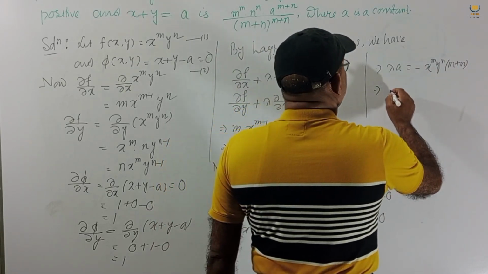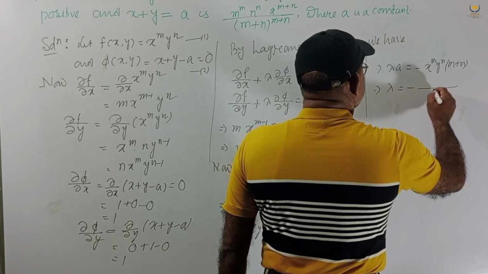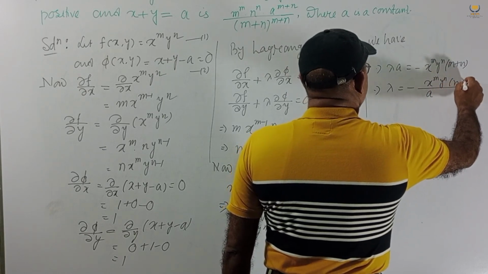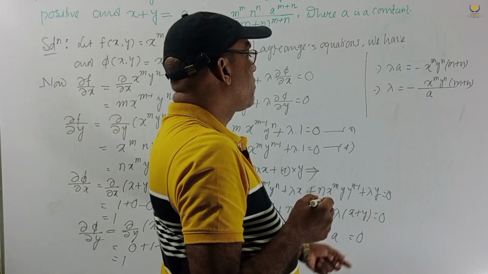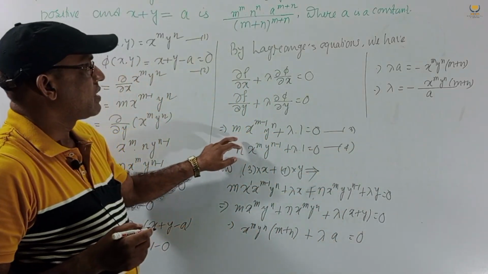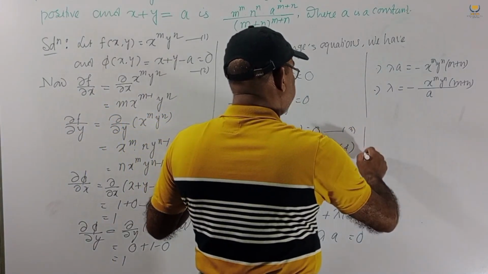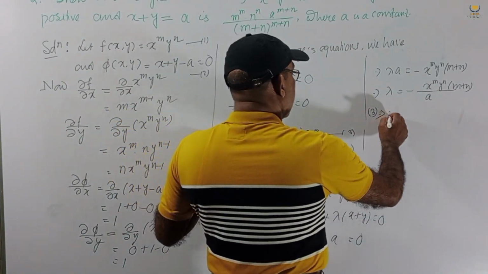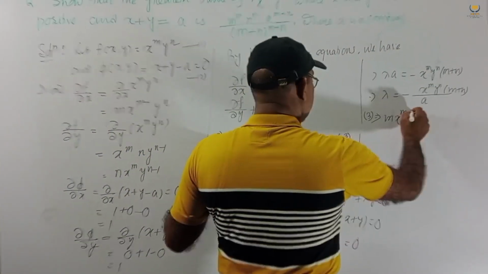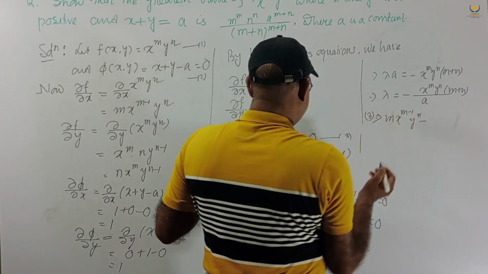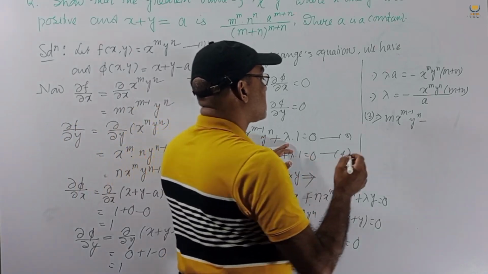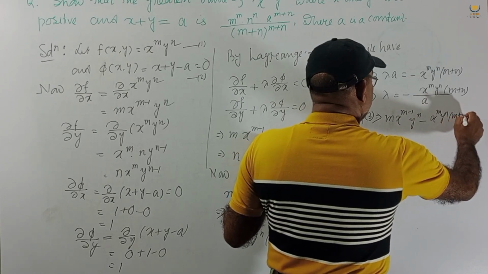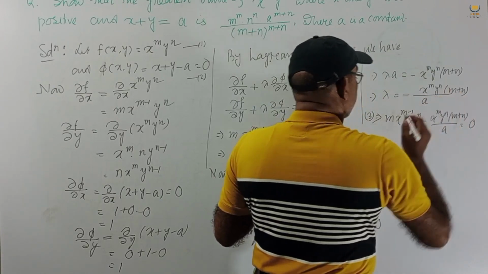and lambda equal to minus x to the power m y to the power n m plus n by a. This value of lambda putting in equation number 3. Now 3 implies, if we put the value of lambda here, then what we get, m x to the power m minus 1 y to the power n minus x to the power m y to the power n m plus n divided by a, this equal to 0 we get,